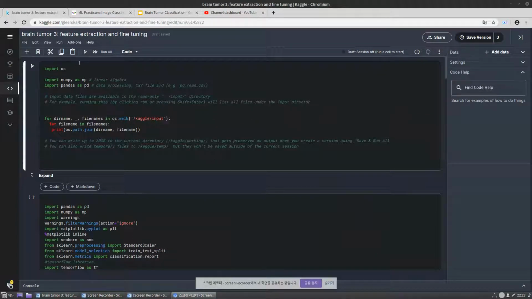So this is version 3 of the brain tumor classification. In this exercise, I use an already pre-trained model, which is Inception V3 made by Google, and then I extracted features from the model, and after that I fine-tuned the result for this specific purpose